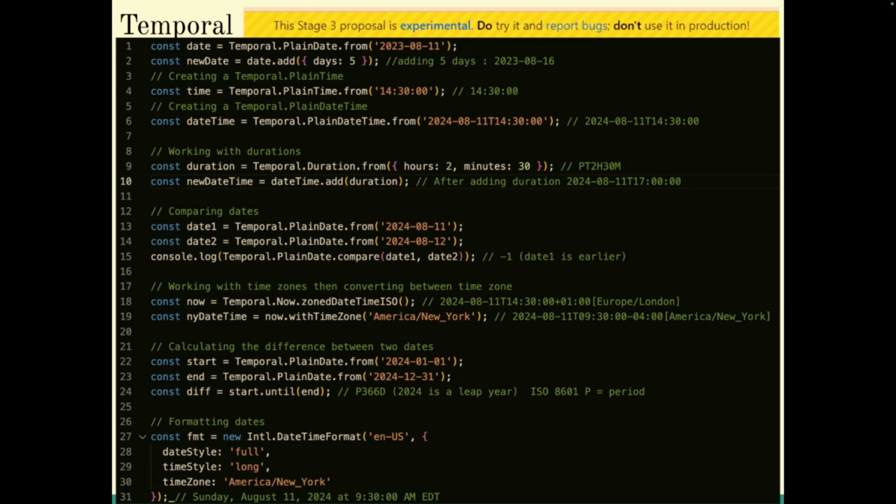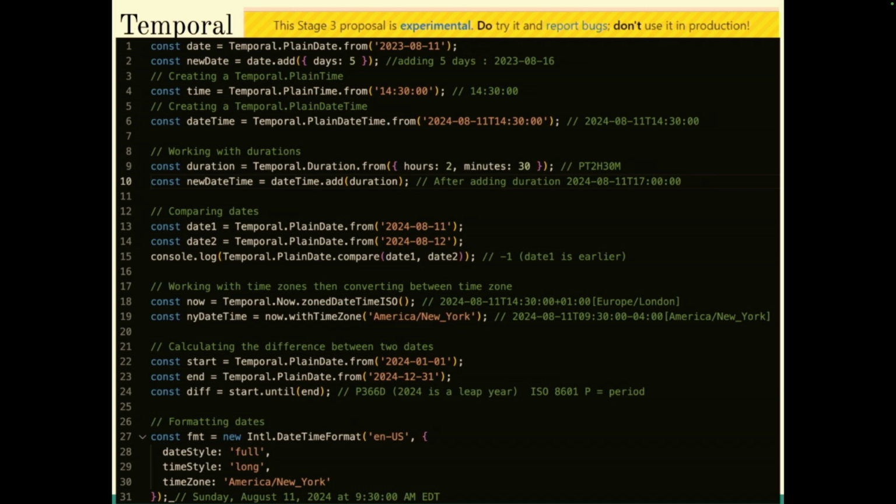But a lot of neat things here. You used to have date times. Why does something have to be a date time? Now there's a concept of you could just have a plain date or a plain time. So if we look at this, if I just want a date, I don't care about time at all, just a date on a calendar, maybe it's remembering birth dates, et cetera. Line 1, you could just have a plain date.